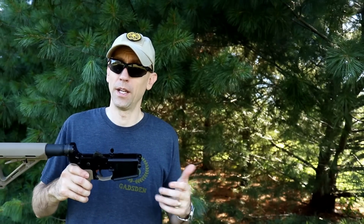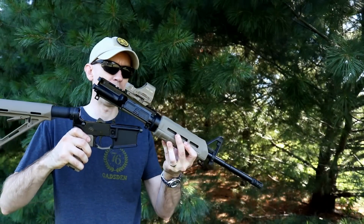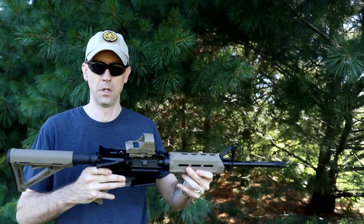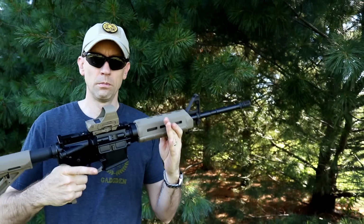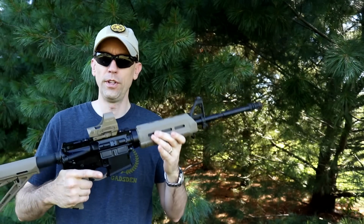Anyway, before I forget about it, I better just put this back on here. You know, when it came in from the factory, it kind of looked like this. Anyway, there's 2 pins here. You push those in. There you go. Interesting how I did that just to make sure I didn't lose these 2 parts